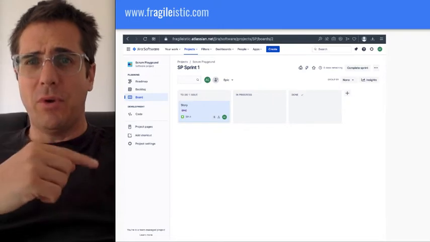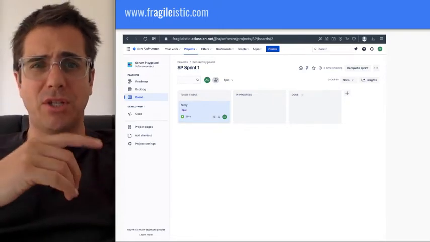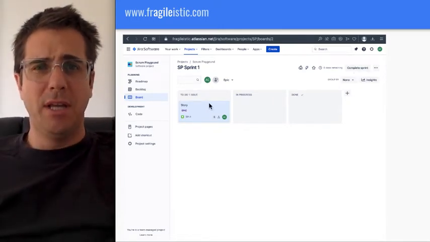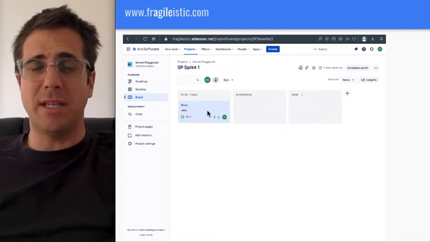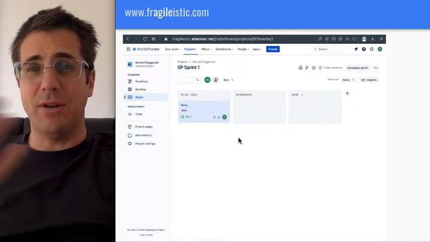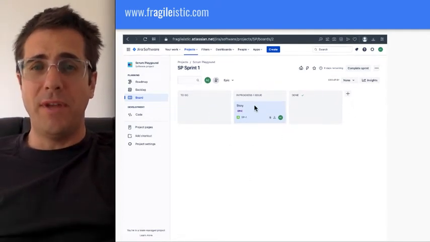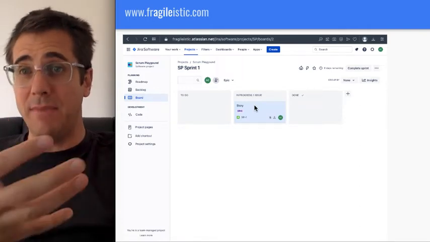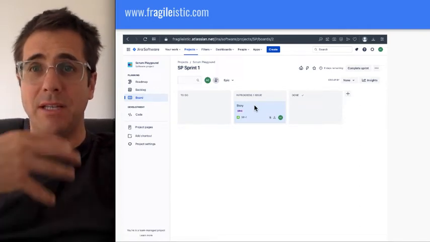Jira. We finished our sprint plan. We started the sprint. You can see it's now open. And we've got our one epic, we've only got one in this case. So this is the board we're going to work to. We're going to stand up around this. We're going to go and move things into in progress as they start. We can do that in the meeting, but really people should be self-serving and coming to the meeting and describing